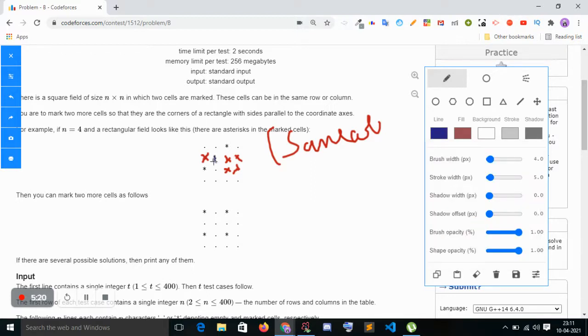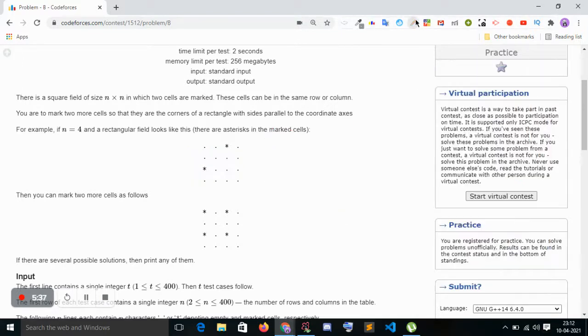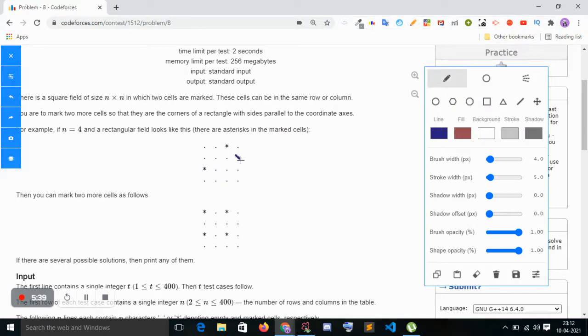You can print here, this is also a solution, because this makes one rectangle and this makes another rectangle. The same applies if the column equals n minus 1, you have to make another condition, because if it is at the last point, you should choose any column before n minus 1. I will choose 0, because it also makes a rectangle.